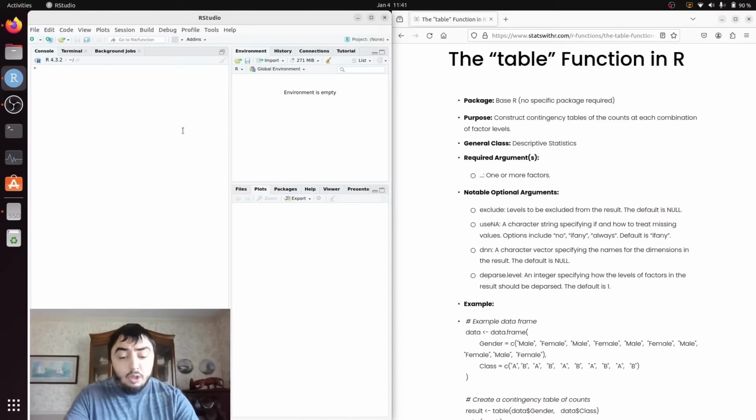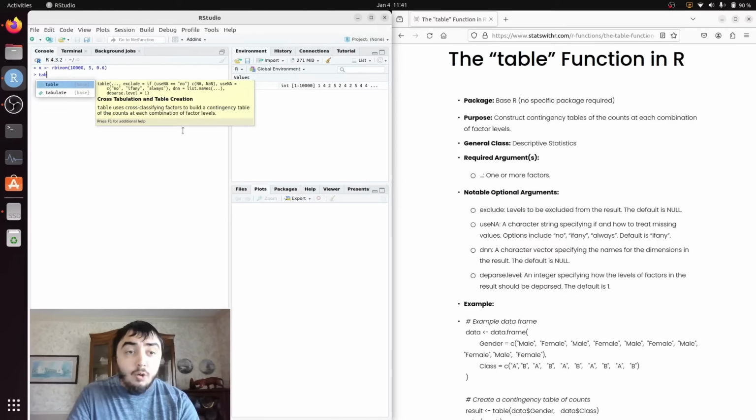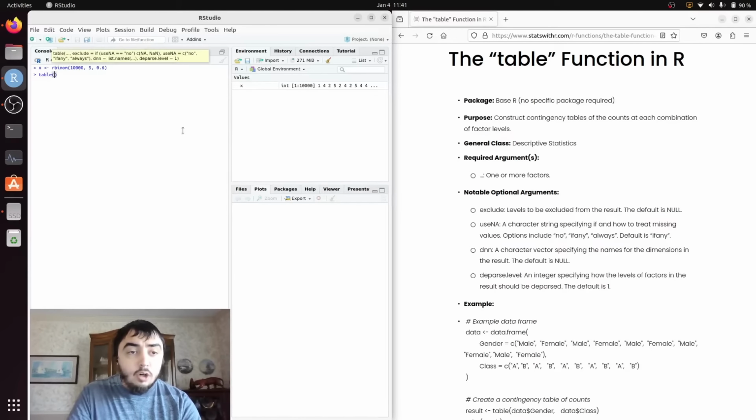Okay, so I'm going to go ahead and start. In the case of giving it one factor, I want to sample from the binomial distribution. First argument is n, how many times I want to sample. I'm going to say 10,000. The size, I want to do 5 coin flips. And I'm going to make the probability of success 0.6. With this, I know that the most likely value will be 3. And if I do table,